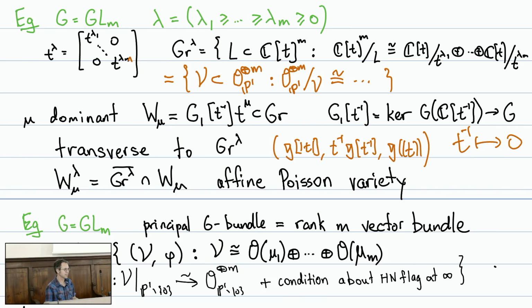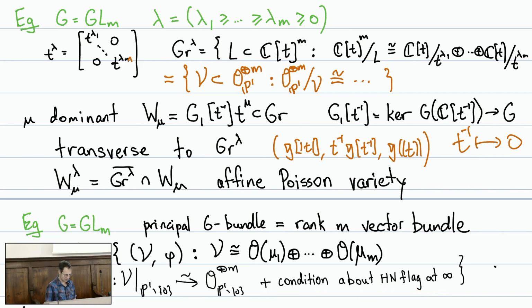Recall the theorem that every vector bundle on P1 is a direct sum of line bundles. And line bundles on P1 are just O(k) for some k. So every rank M vector bundle can be written as a direct sum of O(mu1) up to O(mu m). And so this mu exactly tells us the isomorphism class of this vector bundle. So V is a vector bundle which is isomorphic to O(mu1) up to O(mu m). Actually, there's one small additional condition,